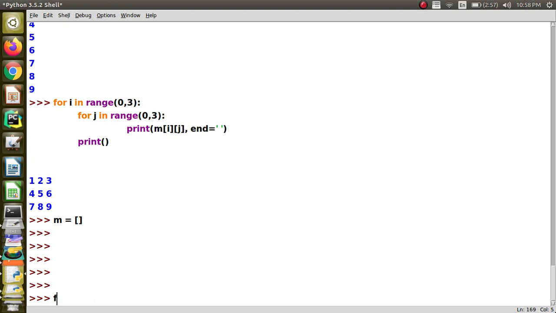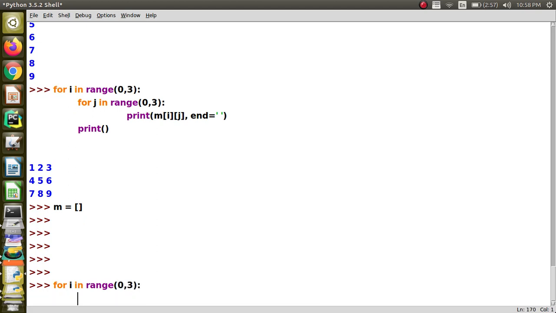Then for each row, there are 3 rows, let me write for i in range 0, 3, and I will append an empty row. Please understand that whenever you are going to read a row, you should add a list to the matrix. Initially the matrix is a list, only one list. Now we will add a list for each row, right?